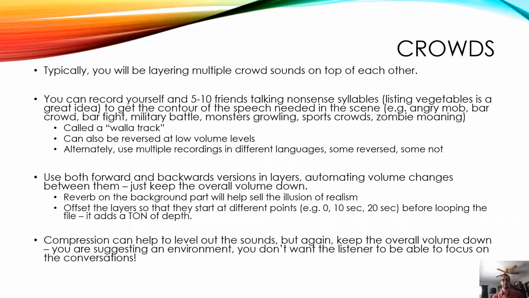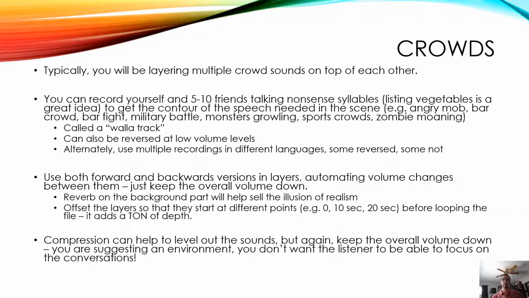And then you can have them shift it to what you want. So it could be an angry mob screaming things like eggplant, rhubarb, zucchini, carrot. But when you start layering it together with, say, 10 people doing it per take, maybe reverse one, well, this gets pretty interesting. This is called a walla track. It's used to get these murmuring crowd noises.